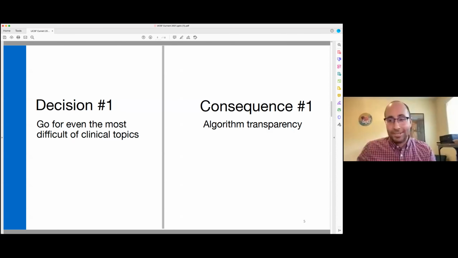Okay, this decision to go for high complexity, high degree of difficulty algorithms had an immediate consequence, and that consequence would lead to multiple years of work. What was that consequence? Let me take you through another simple algorithm, something you may be familiar with if you're pediatricians, which is BiliTool. For those of you who don't know what BiliTool is, this is an application put out by Stanford originally that asks you two questions. How old is the baby? And what is the level of jaundice as a blood test?